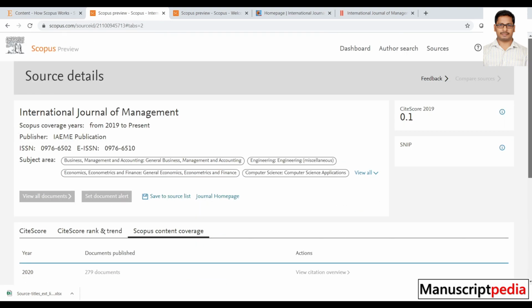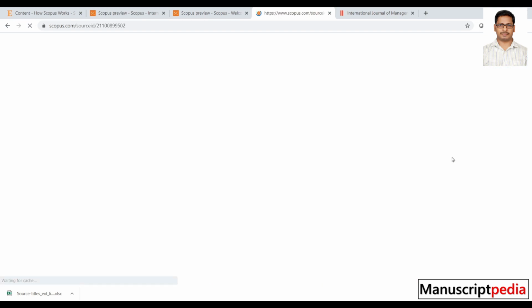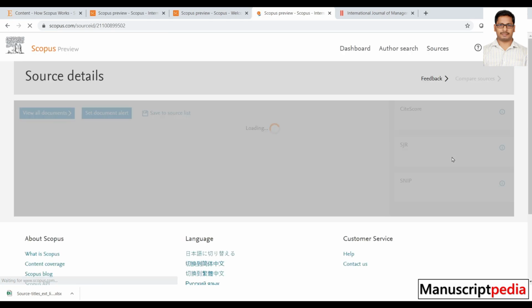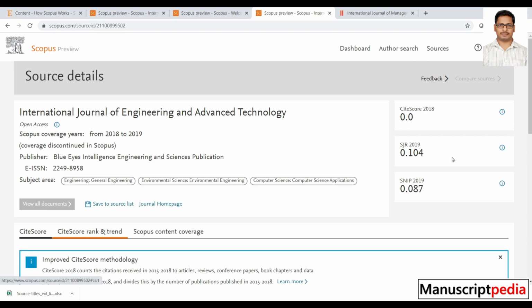You can also click the link over here and it will take you directly to the Scopus source ID page, where you can see coverage discontinued in Scopus.